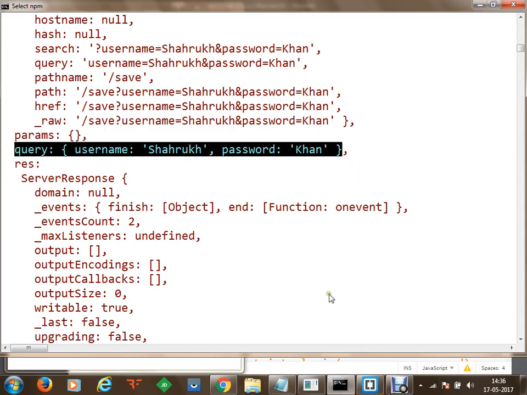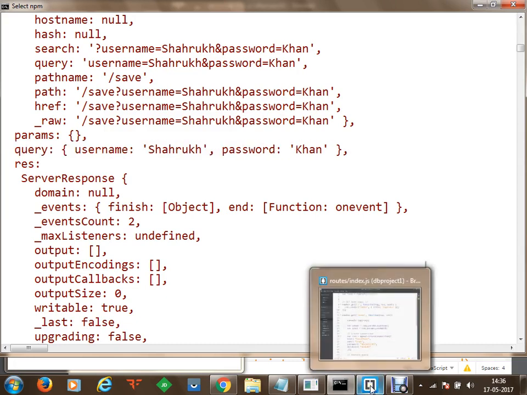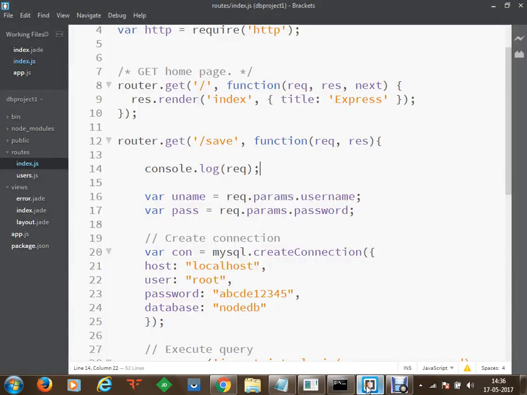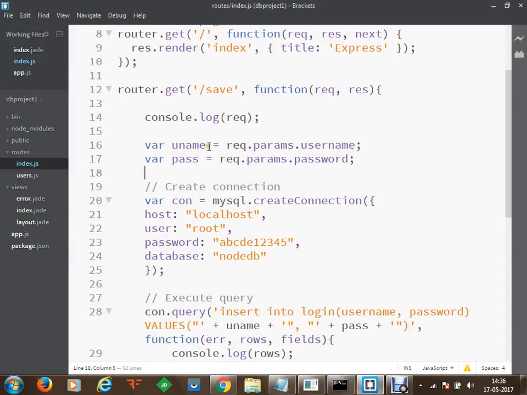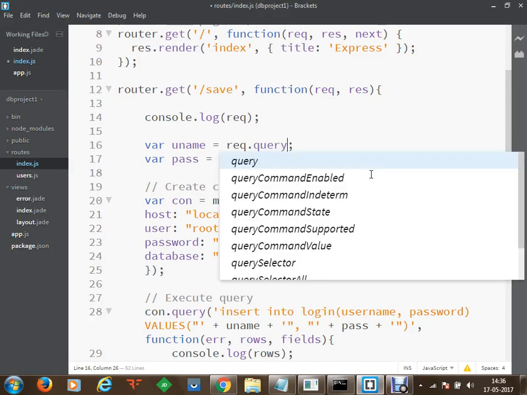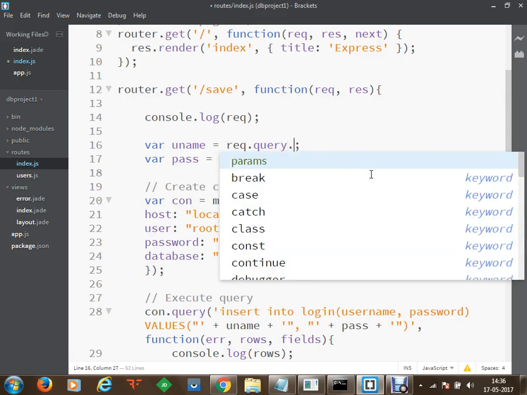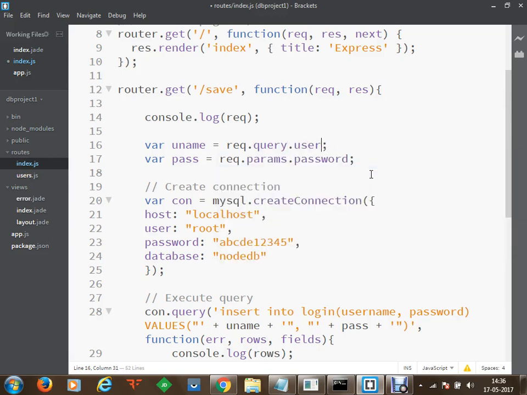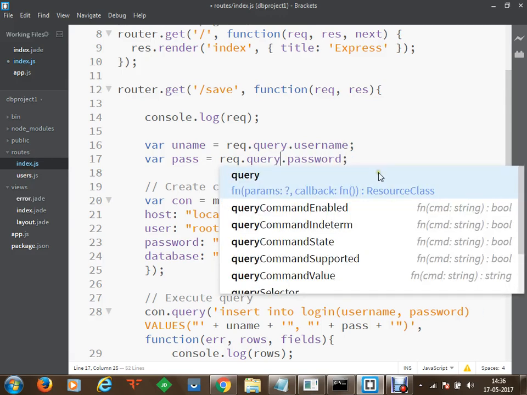Okay. So now we'll modify the code a little bit in order to receive information from the form. Instead of parameters, I'm going to get the information from the query. From this query I would like to get the username, and in the same way I'm going to get the password from the query field itself.